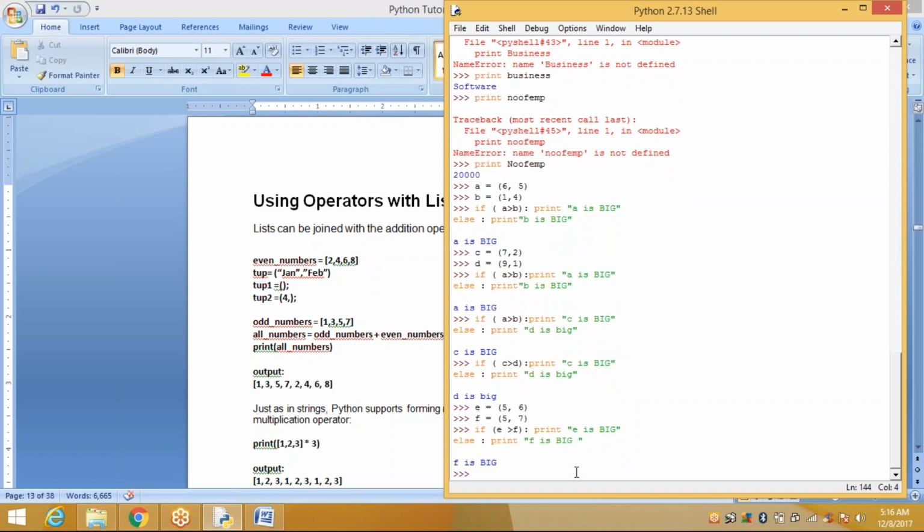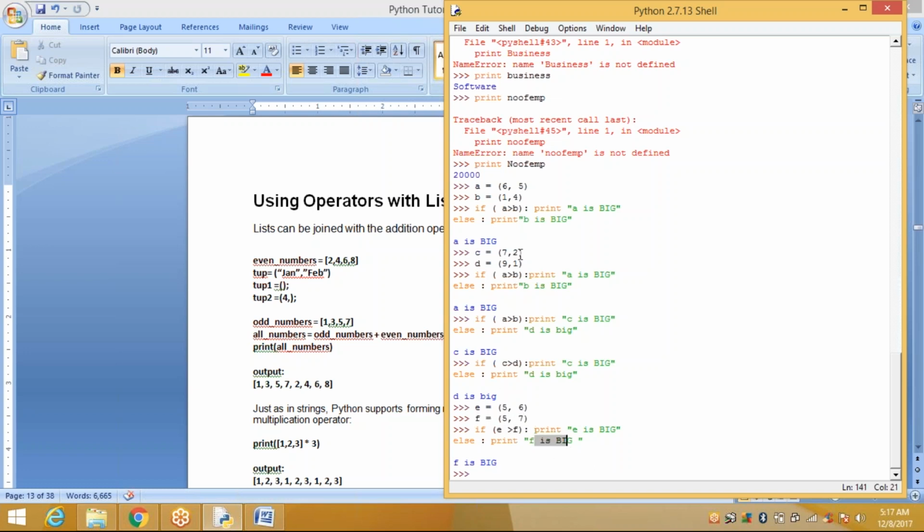So F is big. Why? Because first it compares the first value. E has 5 and F also contains 5. Both are the same, so it goes to 6. 6 compares to 7. Which is greater? 7 is greater. So F is big.